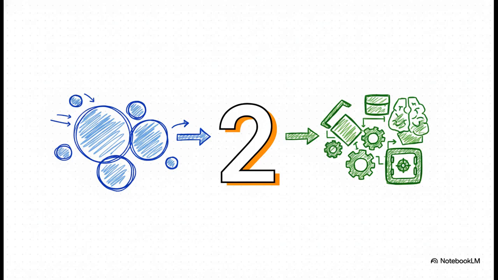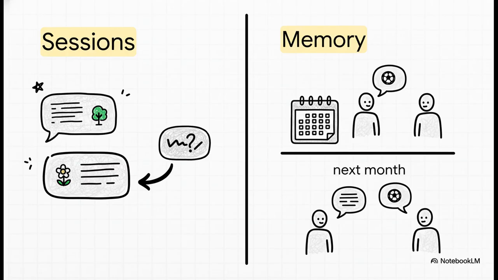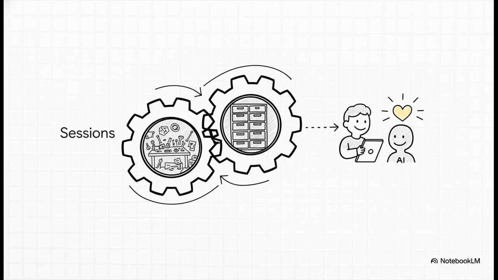You need both. Think of it like this. The session is the reason the AI can understand when you say something like, okay, what about that second option? It's holding that short-term context. And memory, well, that's the reason it can greet you next month and ask if you're excited for your favorite team's upcoming season. And that's really the bottom line. This interplay, this dance between temporary sessions and persistent memory, that is the hidden engineering that creates the experience of a personal AI. It's the magic that makes this technology feel like it actually knows you.